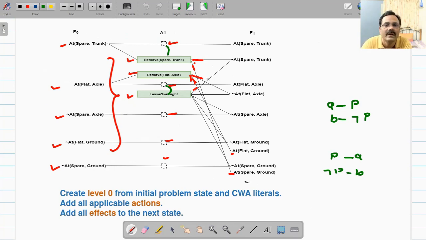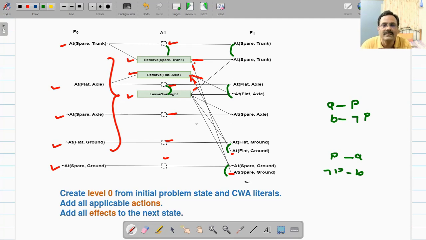Then you find out corresponding propositions also. Now P and not P cannot be true, because these layers represent discrete time, so this has to be executed in one time stamp. So these 2 will be mutex, these 2 will be mutex propositions, again these 2, right? So in this way you will be adding mutex links. Not all links have been added, we will do that.